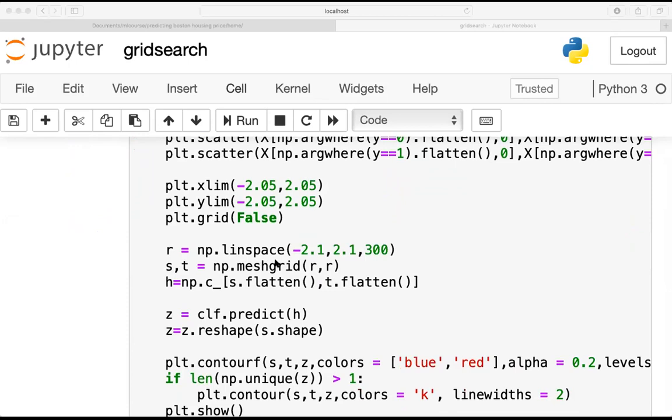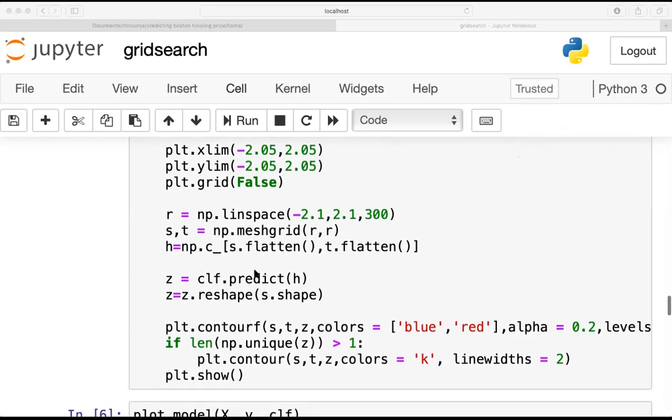Now I am splitting the region from minus 2.1 to 2.1 into 300 equally spaced points, and then I am forming the matrices S and T using the meshgrid function. I have already explained the meshgrid function in the previous session.